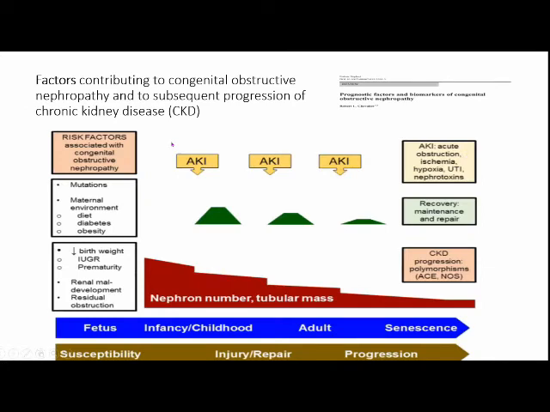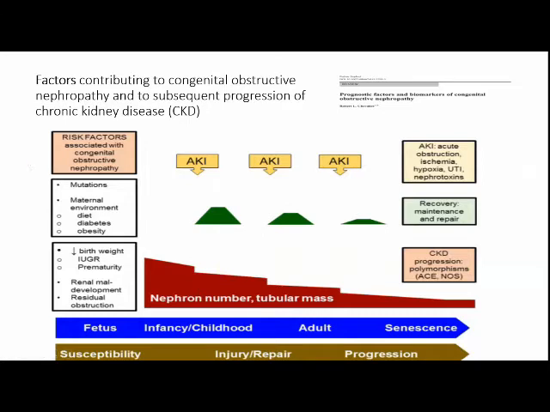So next, what are the factors contributing to congenital obstructive uropathy, nephropathy, and subsequent progression to chronic disease? You can see in the chart the risk factors associated with congenital obstructive uropathy, at the level of the mother and the fetus. In the fetus, there may be mutations, and in the maternal environment, the mother may have diet changes, diabetes, and obesity, which lead to